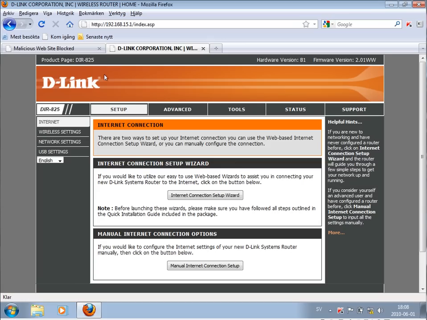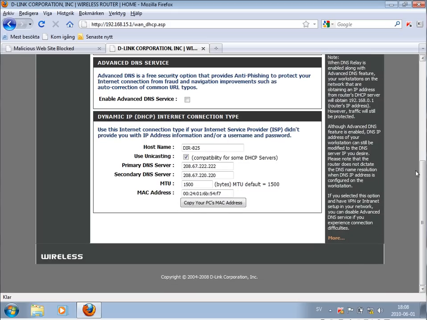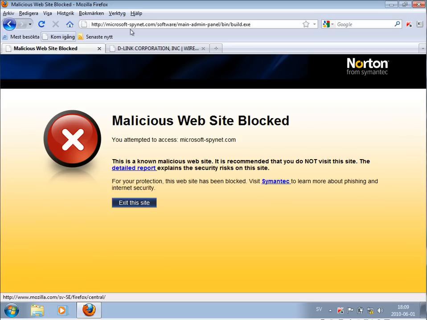Here I'm on the configuration page of my router I have at home. I have a D-Link DIR6825. You go to setup internet, manual internet connection setup, and then down there you have the settings for the DNS server. At the moment I'm using OpenDNS, which is another free DNS server, but here you are doing the same changes I made on the network card, entering the IP addresses from the Norton